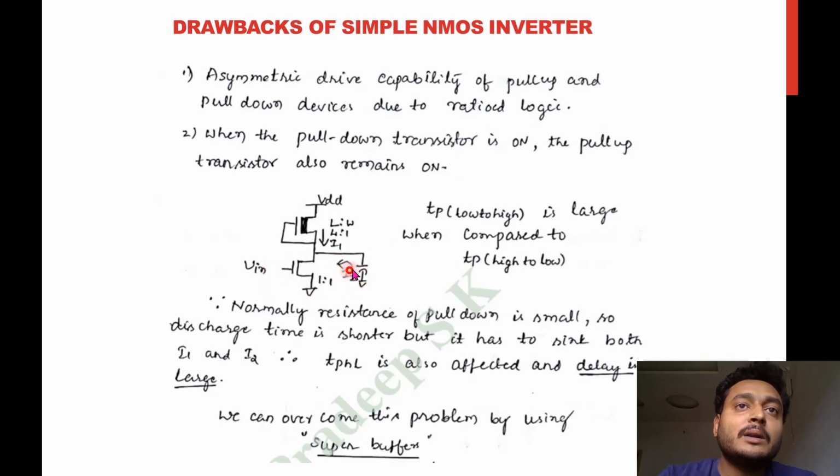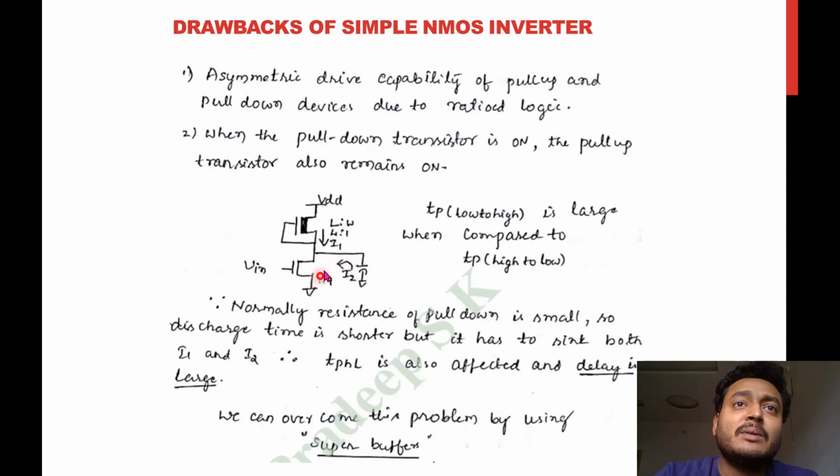So when Vn is equal to 1, the output load capacitance has to be sunk down through, say, I2 current, and here we can say there is a path from VDD to ground also. There also some current will flow, which we can call I1. So this transistor has to sink two currents. So it's a burden for this, right? If you give one current, it will easily do it very fast. When you give another task also, it's going to take some time again to sink this one also. Okay, there is a fight, right?